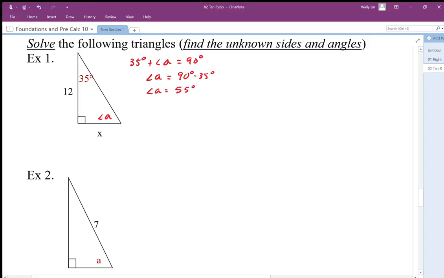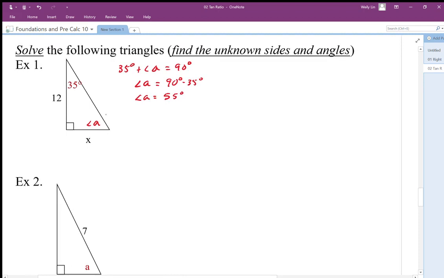Okay, great. So I want to now solve for the side lengths. Well, I can't use Pythagoras because I only have one side. So I need to be able to change this angle description of this shape to a ratio description of this shape so I can work out side lengths. I only have tan right now, so I'm going to use my tan ratio. I have to use my calculator to get it, using the tan function. So if I input 35 degrees, I'm going to end up with a ratio